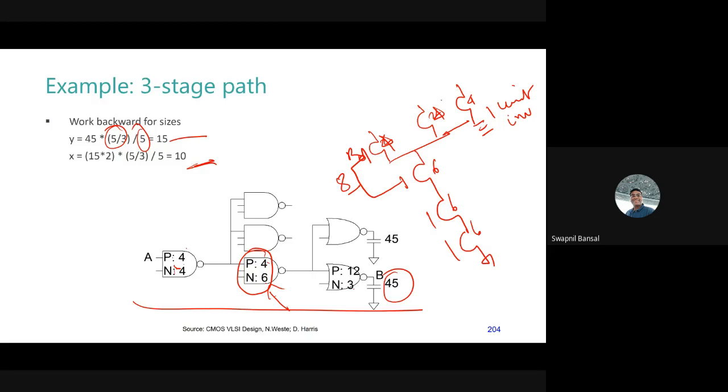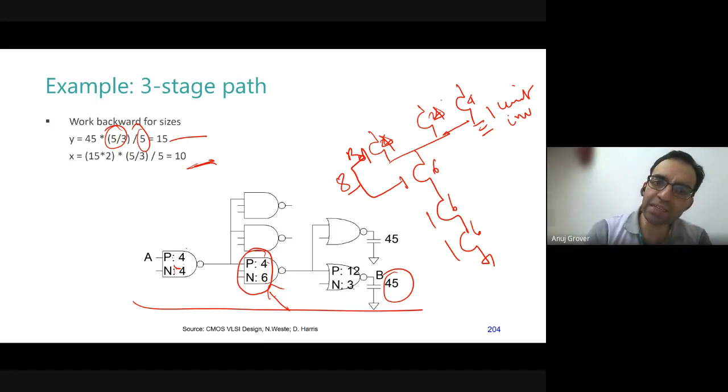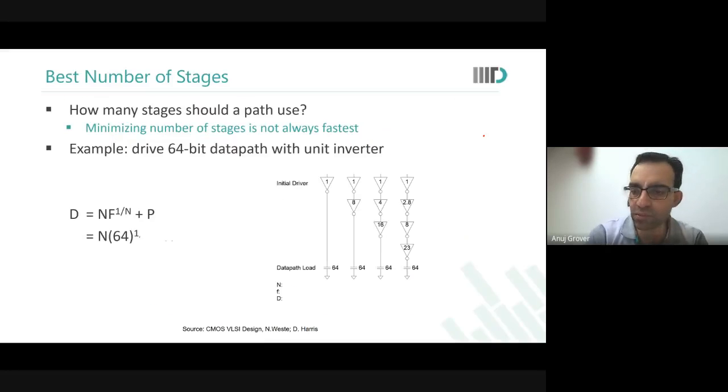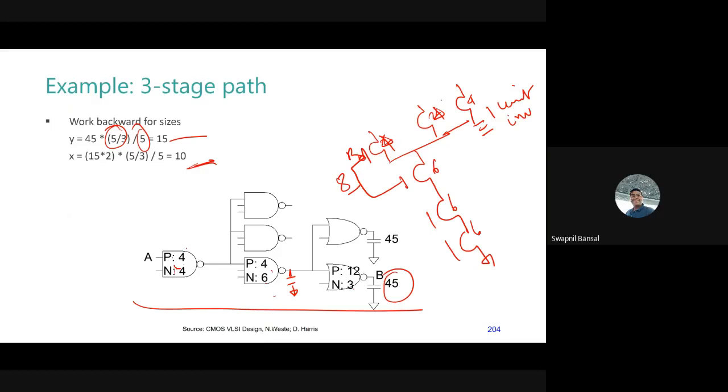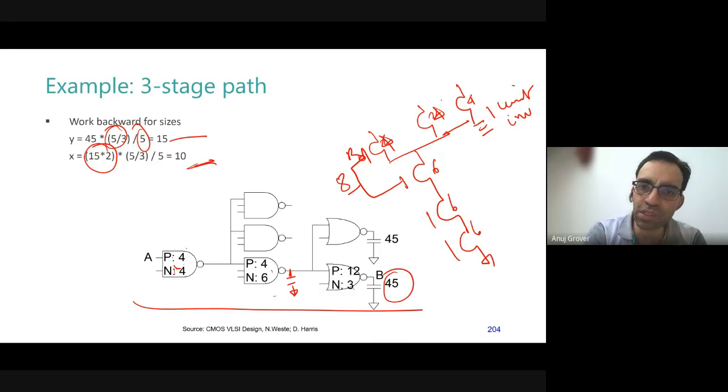Because it sees the load, whether it is on or off. Okay. Yeah. Look at it like this. This is for this particular gate. When this particular gate wants to drive this capacitance here, what is the capacitance it will see? It will see the combined capacitance. Will it? So that is why you put the entire output load. That is why we say H is equal to Cout by Cin.